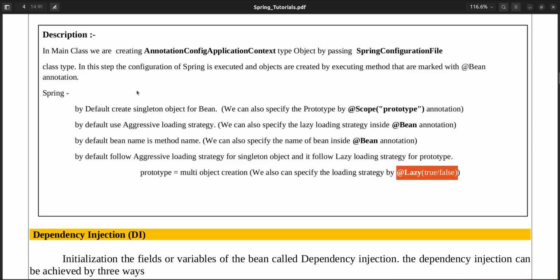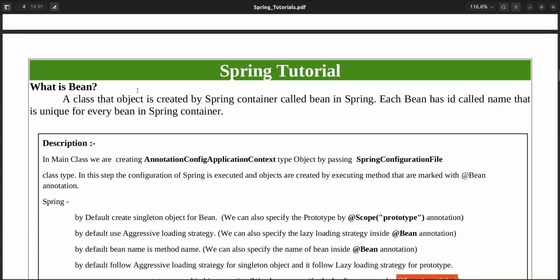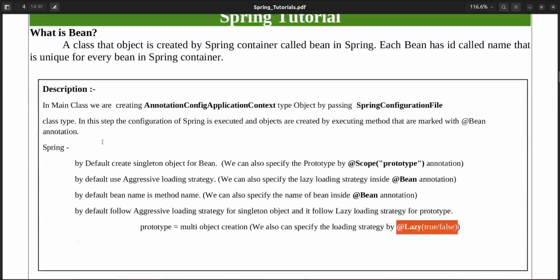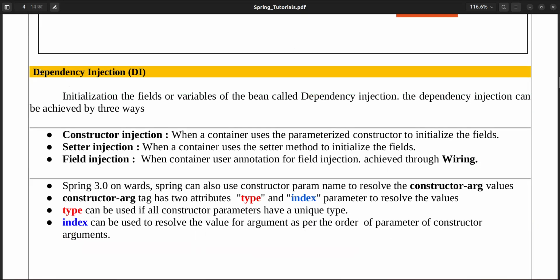Okay, so this is called inverse of control. Next one is dependency injection. We have seen two types of dependency injection here. One is constructor injection, another one is setter injection. If you see here